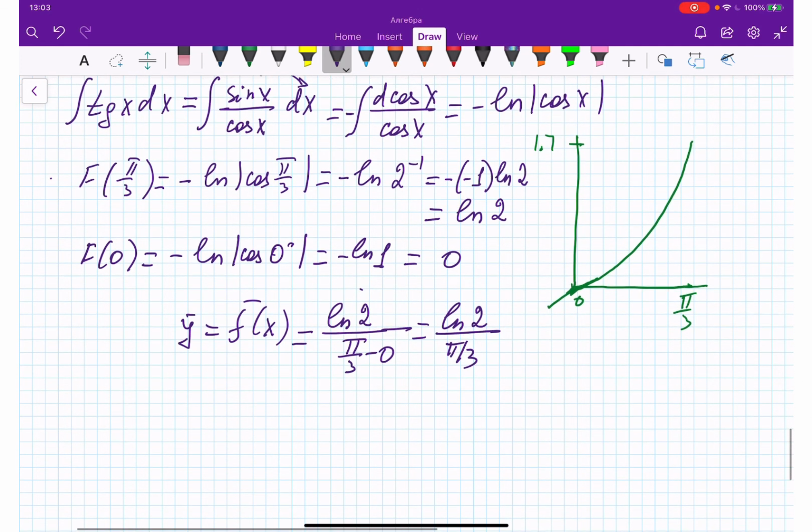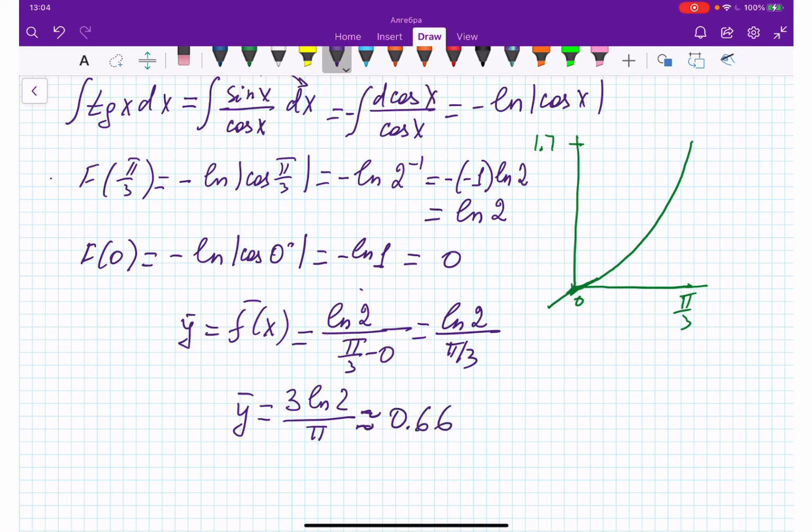This is equal to logarithm of 2 divided by pi over 3, which is equal to 3 natural logarithm of 2 divided by pi. And if you plug it into the calculator, with pi as 3.14, 3 times logarithm of 2, use a calculator, accordingly it's going to be